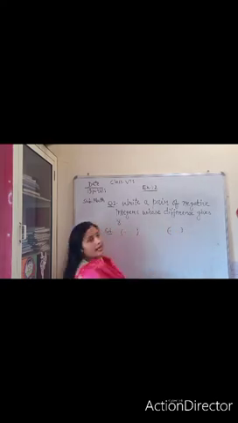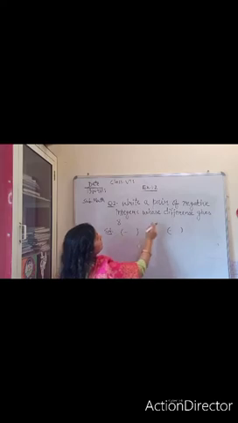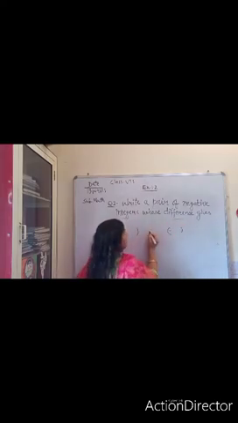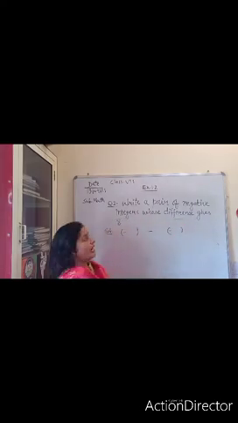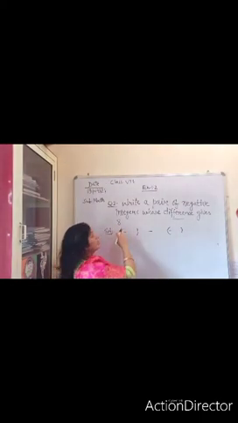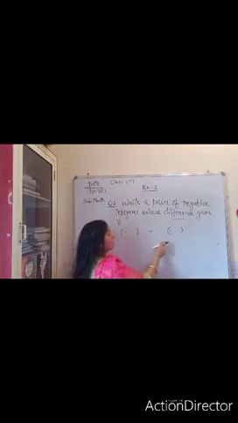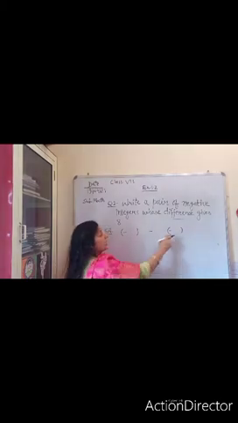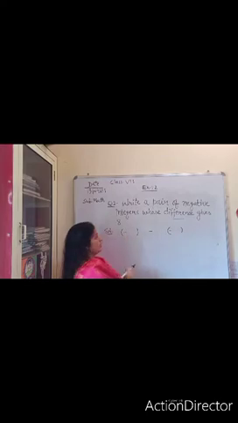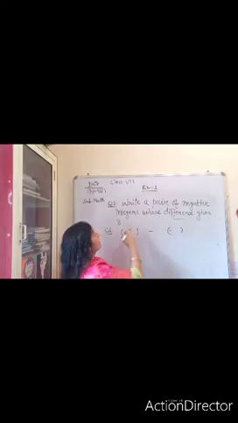Here should be minus. But here it is written, write a pair of negative integers whose difference. It means here should be a negative sign also. But the answer is positive. So we should keep in mind that minus minus will become plus. It means here should be the larger integer and here should be the smaller integer. Okay, how many pairs can you think of whose difference is 8?